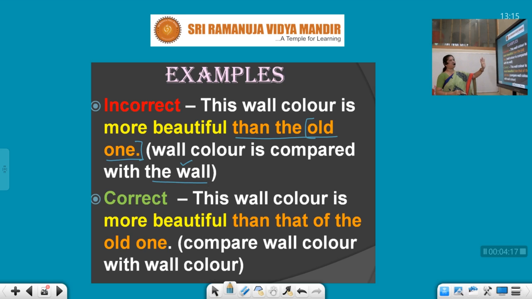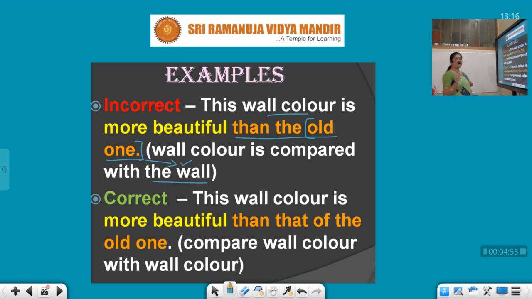Look again into the sentence, students. This wall color is more beautiful than the old one. We are actually talking about the wall. The wall color is compared with the wall. The new wall color is compared to the old wall. This wall color, I've mentioned over here wall color. This wall color is more beautiful than the old one. Then the old one will denote the wall. It will show the wall. It will not show the